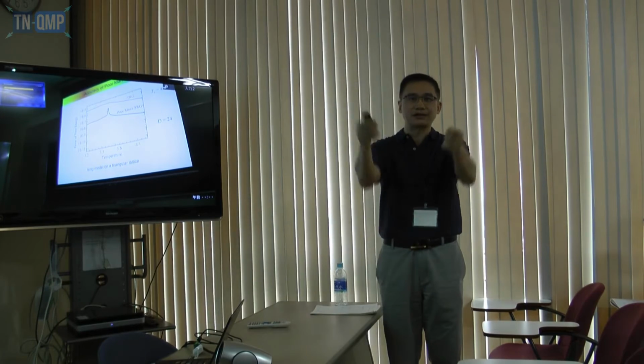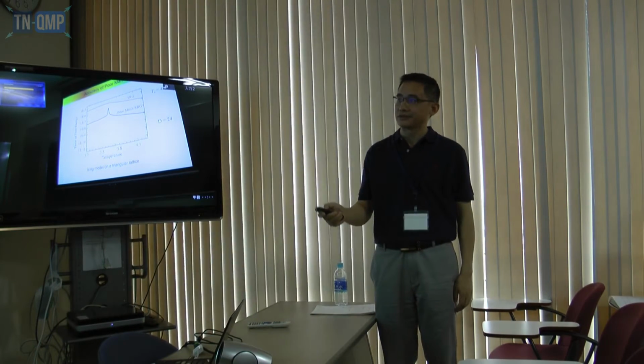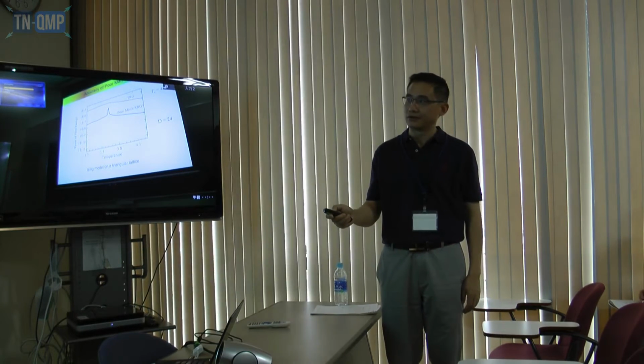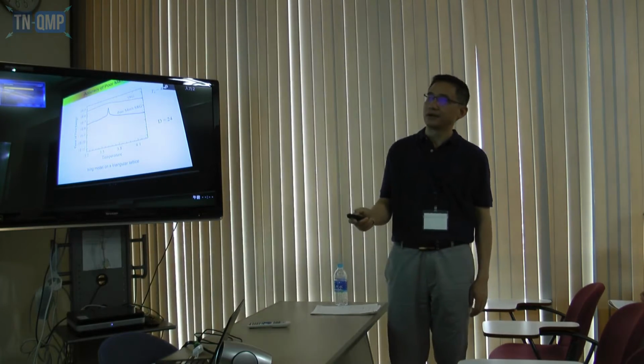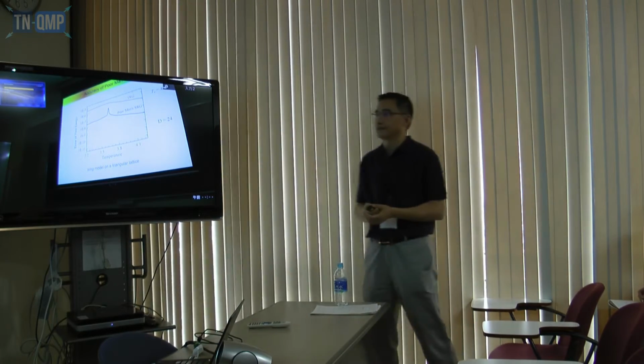You just put it there and do the calculation. This is actually a critical point. At the critical point, the improvement is relatively worse than in other parts, but it still improves by more than one order of magnitude.